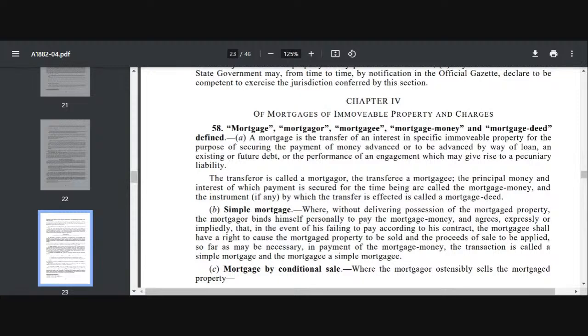but subject to the proviso that the mortgagee will retransfer the property if the mortgagor pays the amount. Mortgage by deposit of title deeds, this was only in the towns of Calcutta, Madras and Bombay, or if the state government is notifying for any state, where you deposit your title deeds. And an anomalous mortgage is any other kind of mortgage which is not coming within the prior ones, which is not simple, or by conditional sale, or usufructuary, or English, or by deposit of title deeds. It is an anomalous mortgage. So read this. 58 is very important.